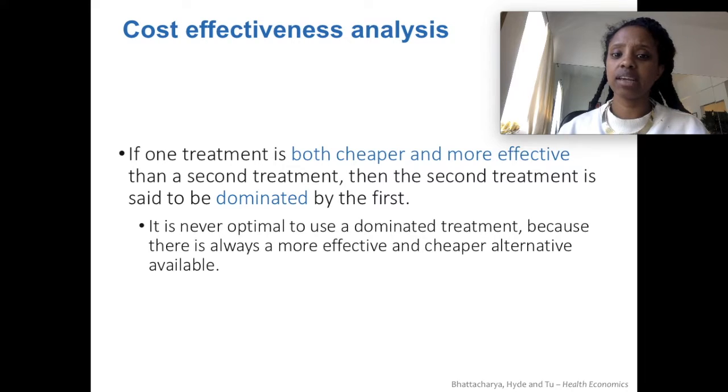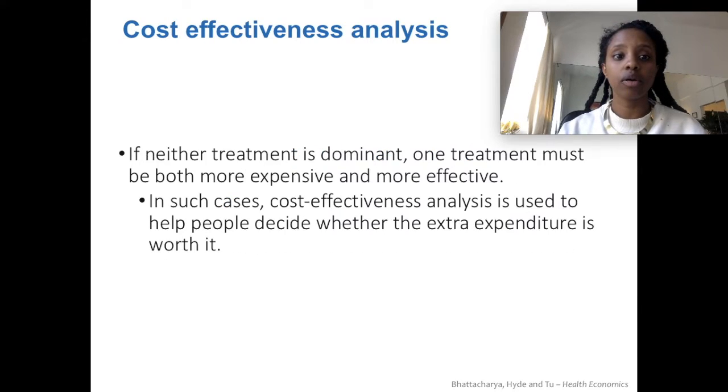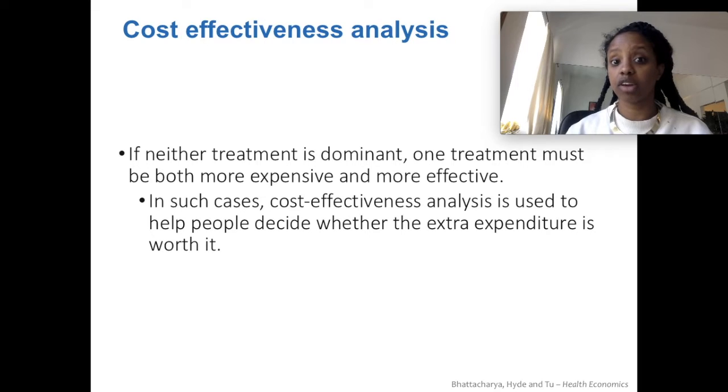If one treatment is cheaper and more effective, it costs less and is better, then there's really no question. You're just going to choose that one. That means the other one has been dominated. So it's never a good idea. It's never optimal to use the dominated treatment when there's a more effective, cheaper alternative available. If neither treatment is dominant, that means that one of the treatments is both more expensive and more effective, and that's when you're going to use cost effectiveness analysis to help you think about whether or not it's